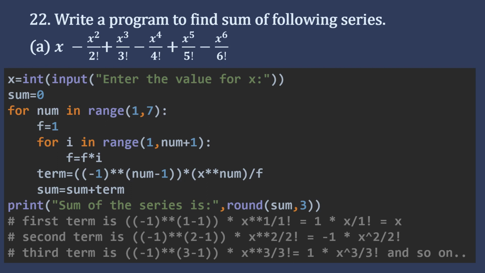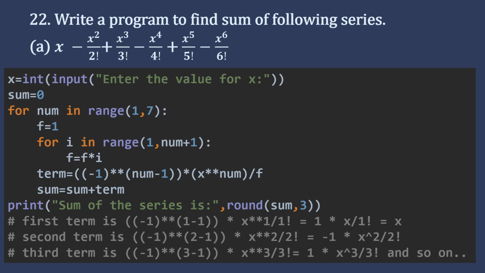So here the first term is x, which can be considered like x to the power 1 by 1 factorial. Then it will be like a series. That means in each term the power is increasing by 1 and the denominator is also increasing by 1. The first term, that is 1 factorial, next 2 factorial, then 3 factorial, like this. And one more thing is that here the alternate terms are negative terms. That means the terms at the position second, fourth, and sixth, these are the negative terms.